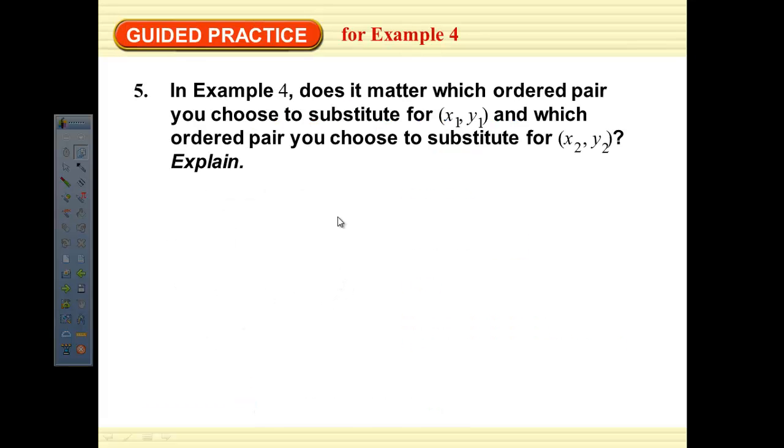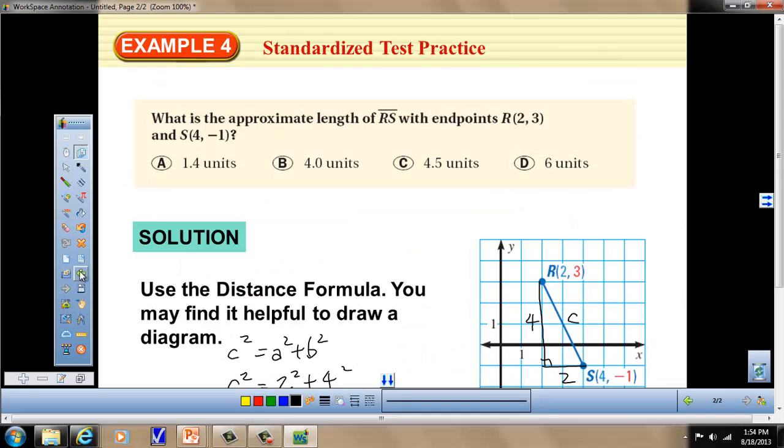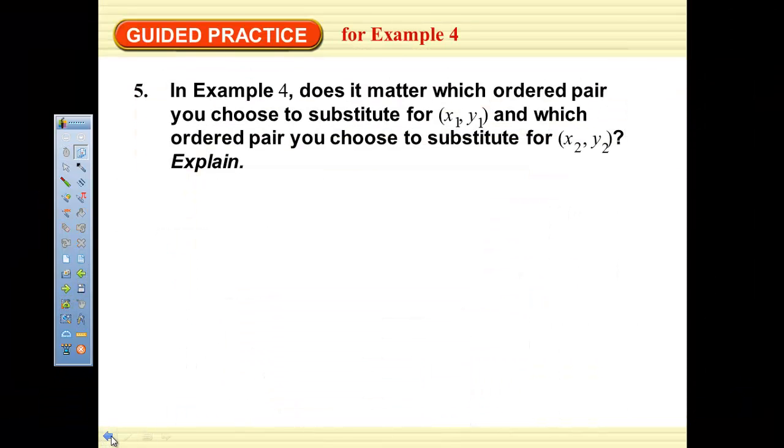All right. So again, I talked about this at the beginning of the video. It says, does it matter which ordered pair you choose to substitute for x sub 1, y sub 1, and which one for x sub 2, y sub 2? It doesn't matter, because if we switch the order, when we square it, it comes out to be the same number. So if we go back to the one we just did,